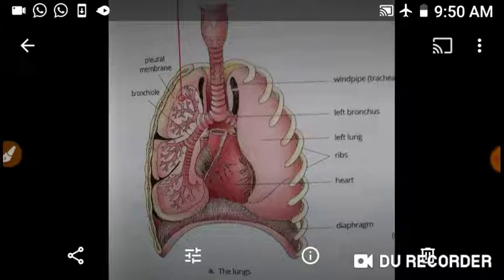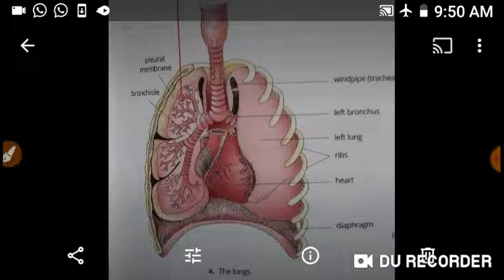We are done up to trachea, and I told you at the lower end of trachea, it splits into two primary bronchi. Within the lung, each bronchus is divided many times into bronchioles. Then, the bronchiole terminates in a sac called alveolus. Alveoli are the actual sites of respiratory exchange. That's why they are called functional units of lungs. Each alveolus has a dense network of blood capillaries on its outside.